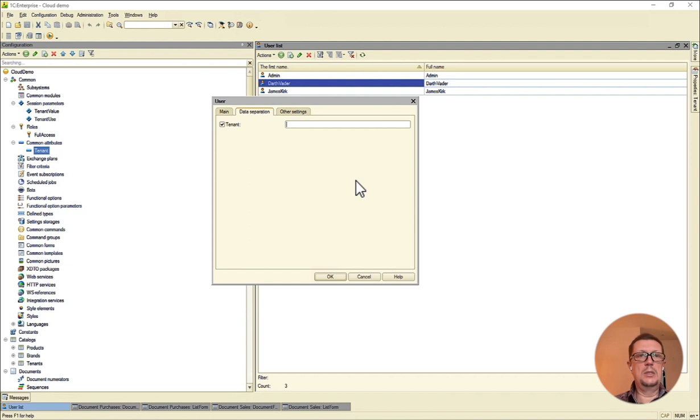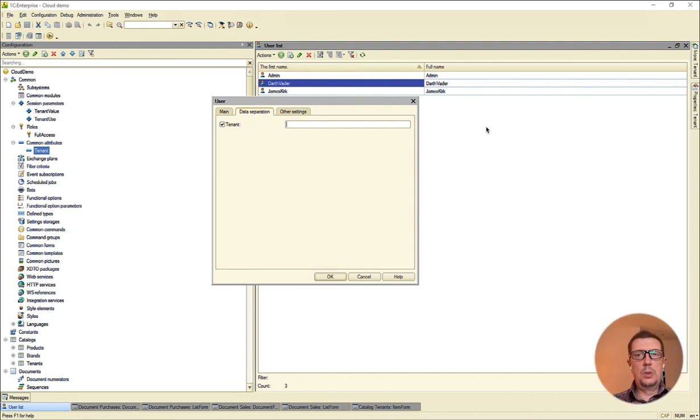And the reason for that is that now the list of tenants, the list of data separator values, live in the data, right, in the database. But we are in the designer, and the designer has no access to data whatsoever. And even if I create those tenants as predefined records of this new catalog, it won't help. I still won't be able to select one of those catalog items as a tenant value for my users.